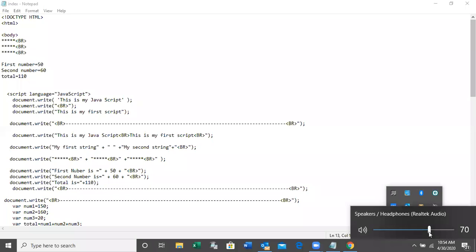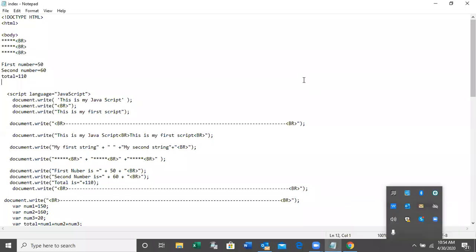Any comments? No, miss. What happened? Students are leaving the class. Maybe they didn't understand. This is programming I have started. So if you have any doubt, please ask me.